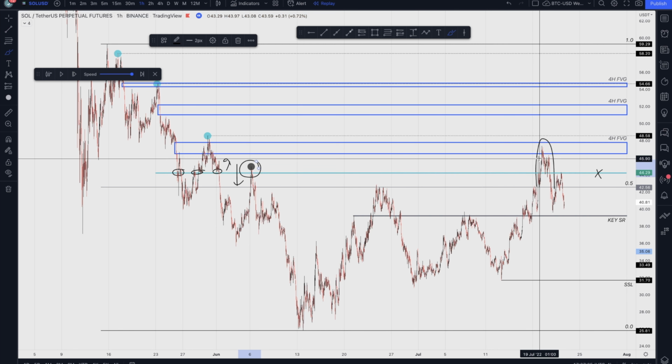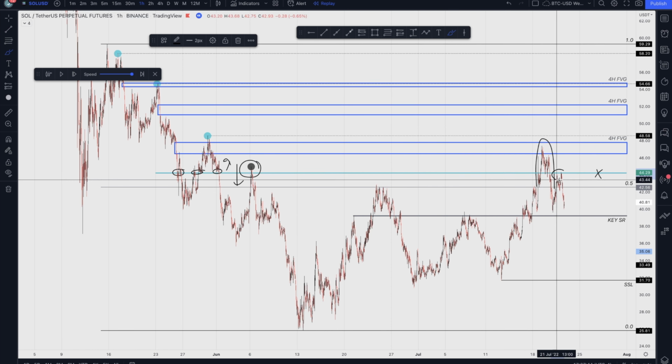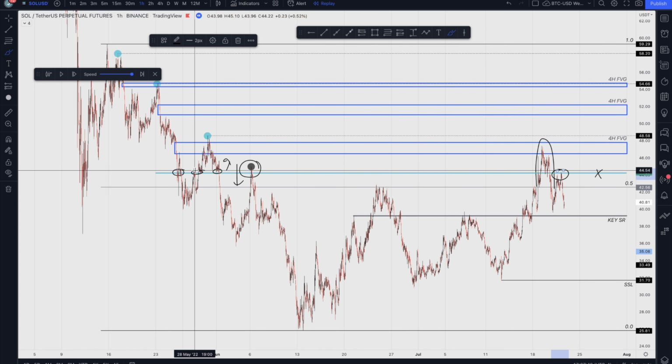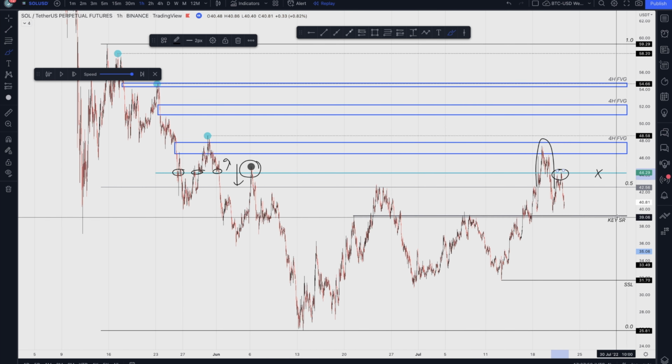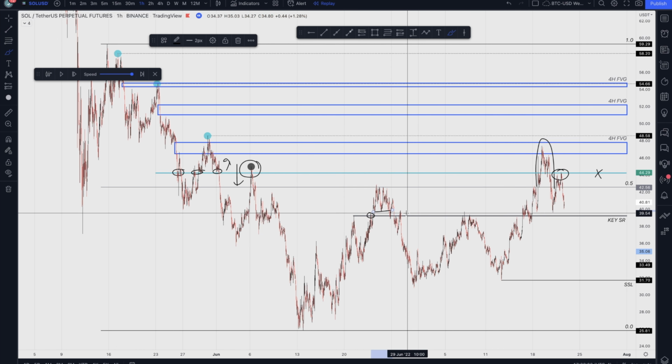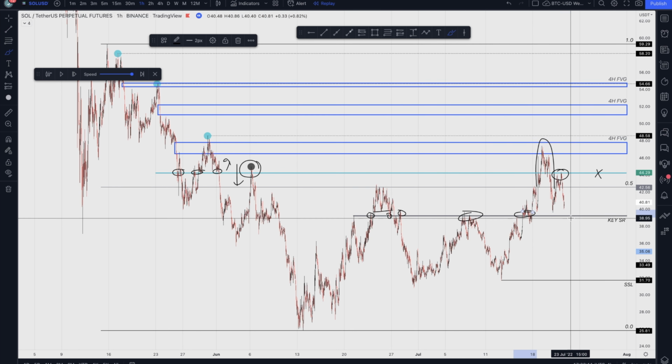And what do we do here? We come here, see a big rejection, price again goes above this level, and then it comes down, goes up again, and we see a rejection again at exactly this level, same as here, same as here. So this is an important level, this is a key level. And then again, we have another key SR marked right here. As you can see, reaction of price here: holding, holding, rejection, rejection, and holding. Maybe we just come down and try to hold this. Anyways,